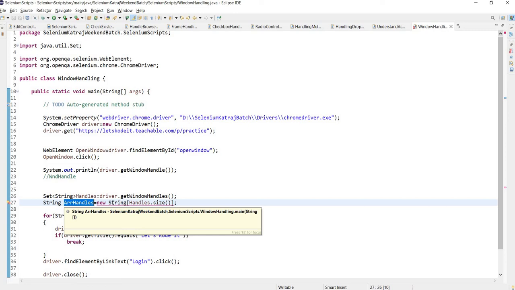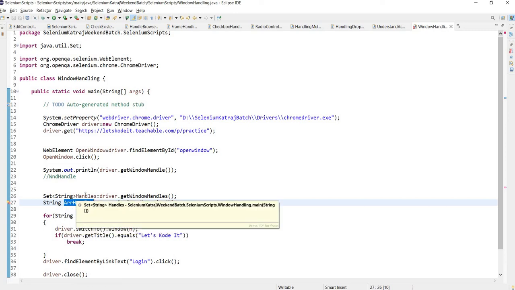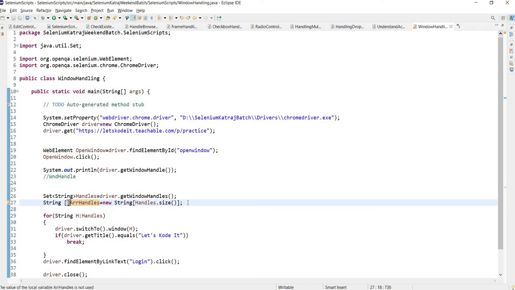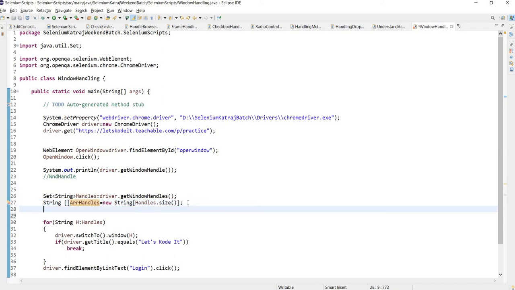So the array size should be equal to the size of this set, the elements of which I want to store. So new String, and I will say, just a minute, sorry, here I am, correct. Now I got my array here.